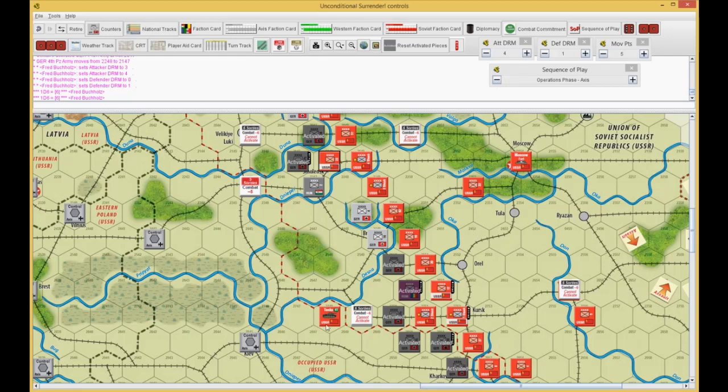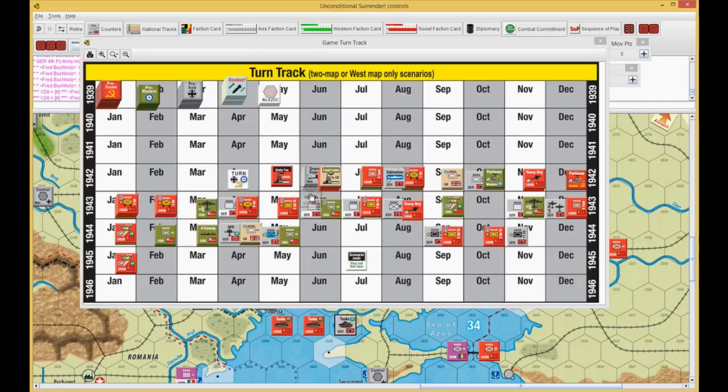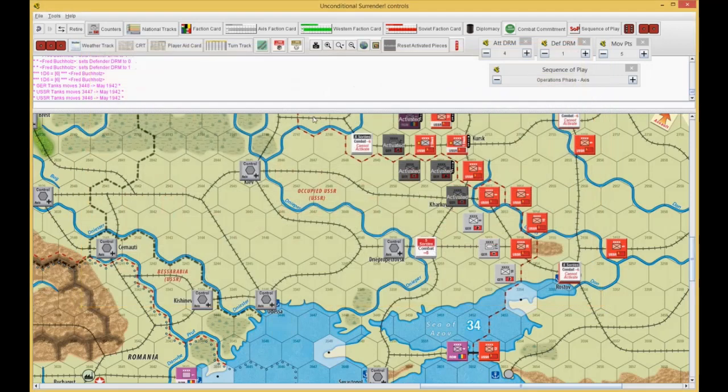And that's going to basically be the... I got Russian tanks everywhere. Tanks to the left of me, tanks to the right of me, German tanks. I'm going to put these things back on the turn track for May. I just put them on one big stack. I'll pull them out later. Okay. So now,